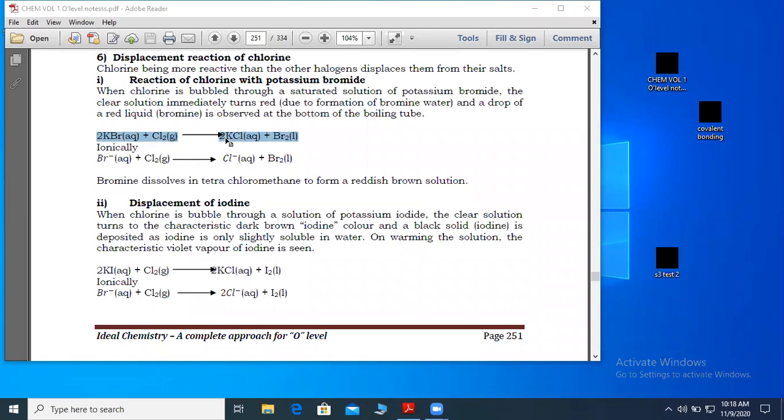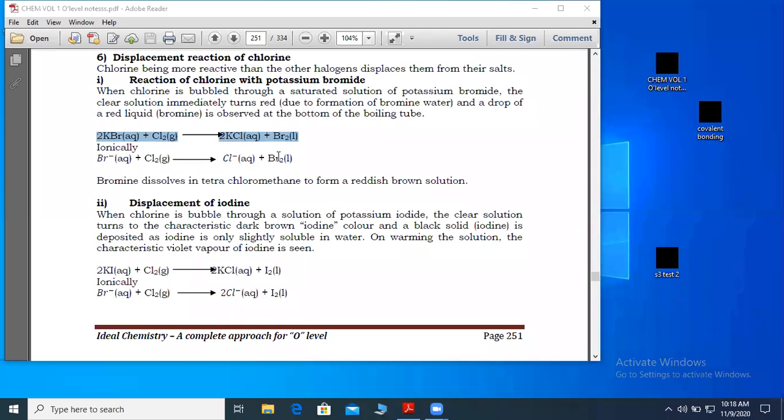So we form potassium chloride. But don't put Cl2 there, because the chlorine atoms are 2. No. For the compound, remember the valence of potassium is 1 and the valence of chlorine is also 1. So the correct formula of potassium chloride is KCl,